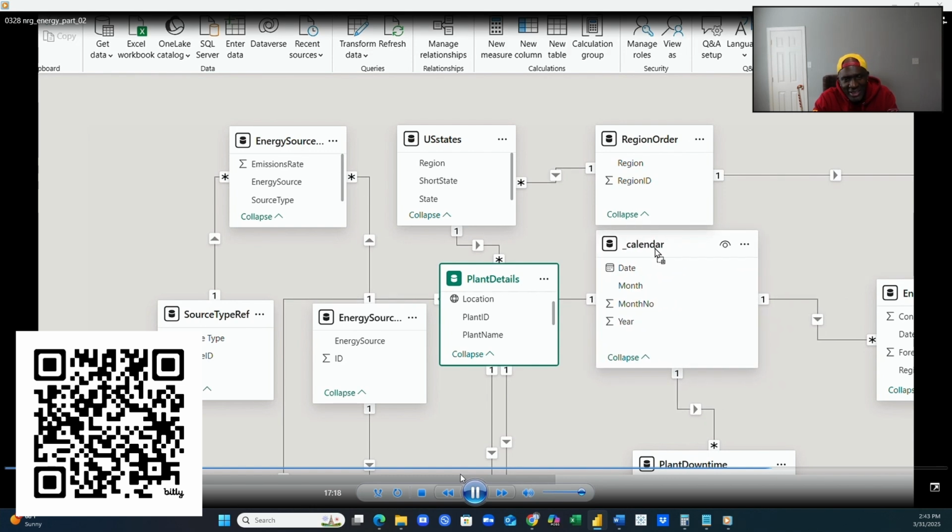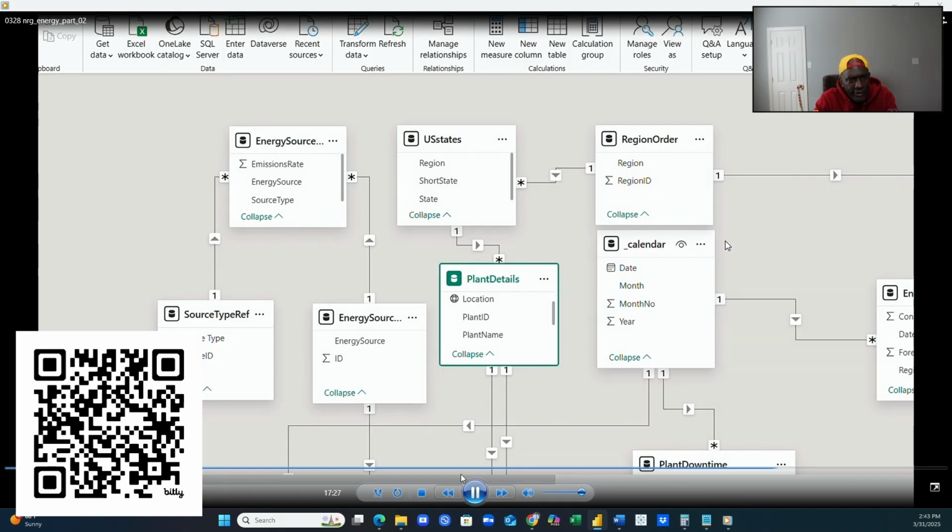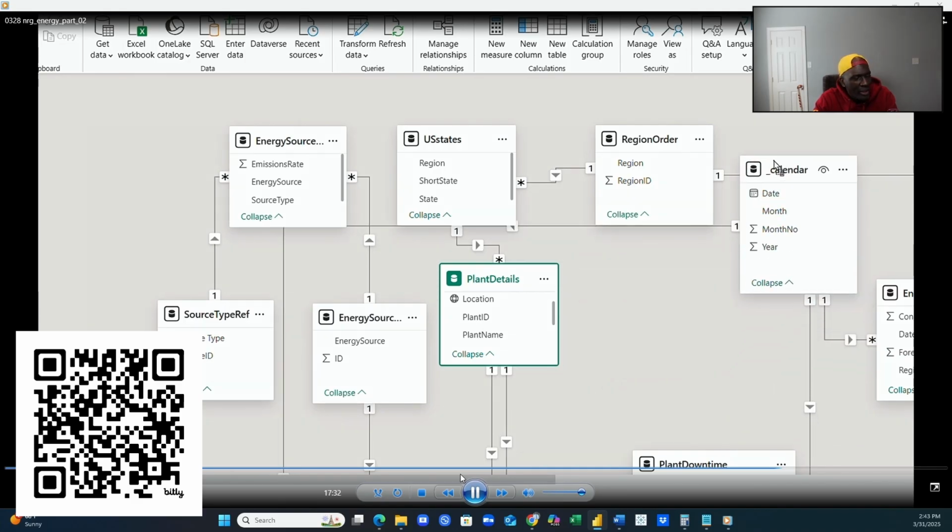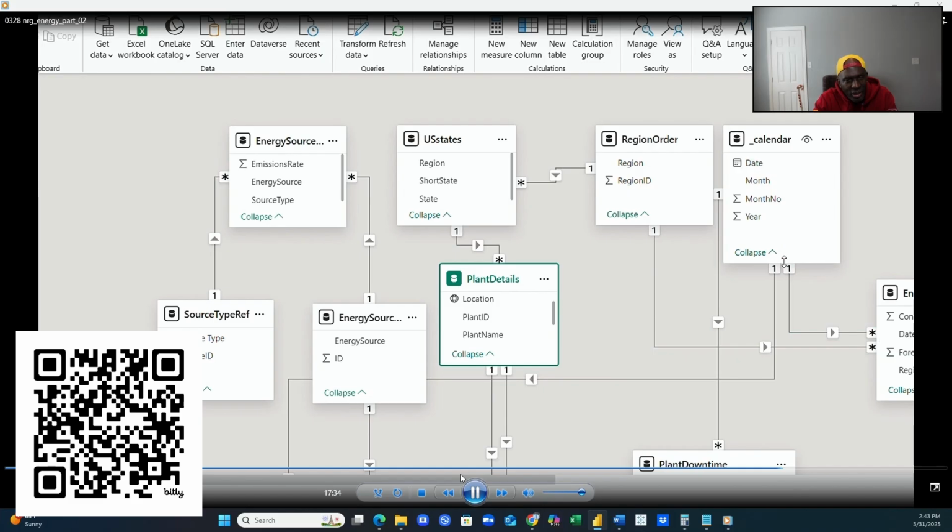I mean, it just doesn't look good, man. It just doesn't look good. So you really want to create your model view. You will create the tables and the look and feel of your model view to be something where you don't mind going over and showing